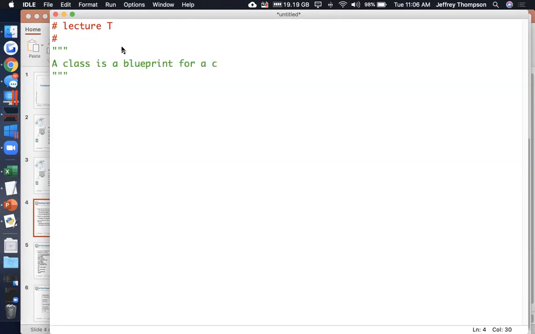So class is a blueprint for a collection of data and the functions which in class object-oriented programming are now